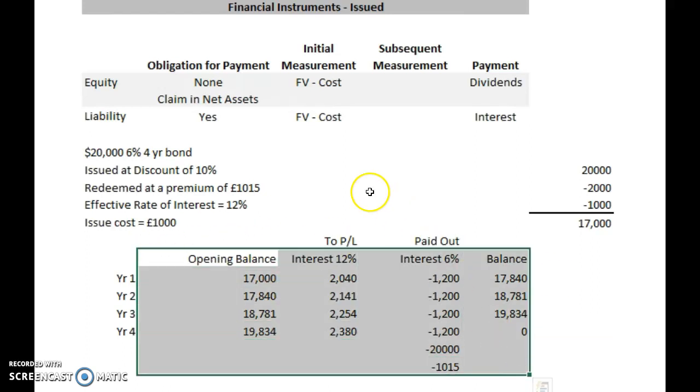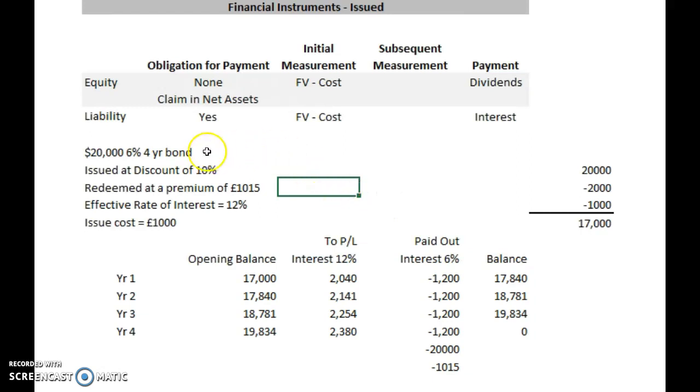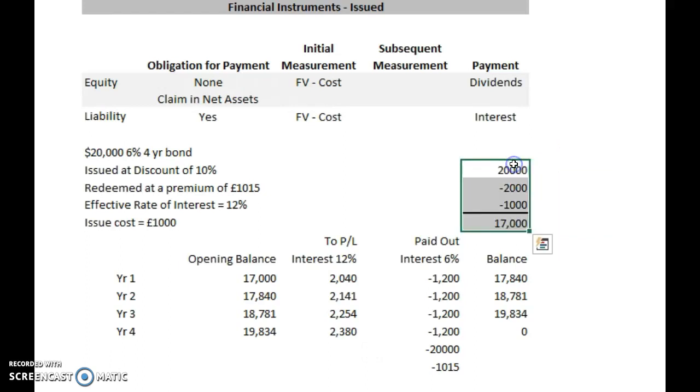So the first thing is to find out whether it's amortized. Is it a simple debt held to the end? And it is. So that's the process we followed. The interest charged to the P&L is the effective interest. So that includes all the costs, which we can do here. Let's just make another little schedule. This was the opening, and this is costs,